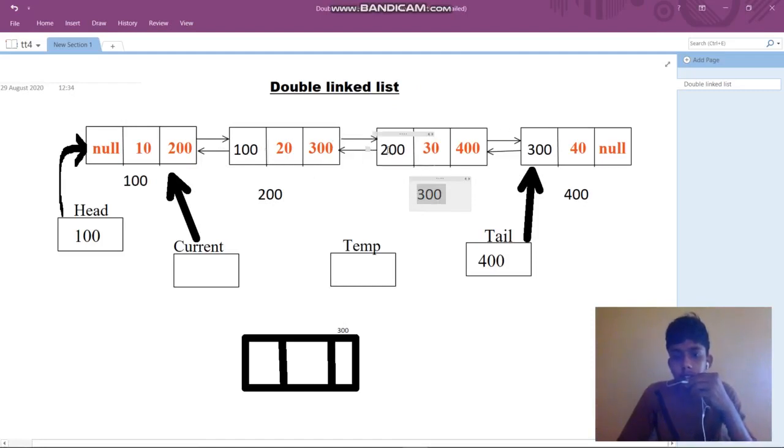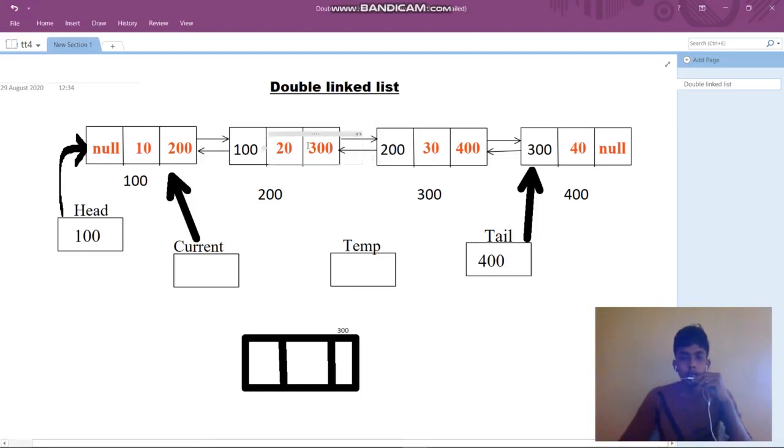The 300 of previous is 200. In this place we need to store the node address, because the node goes between 2 and 3. So in this previous address it should be the node address. So the node address is stored here.